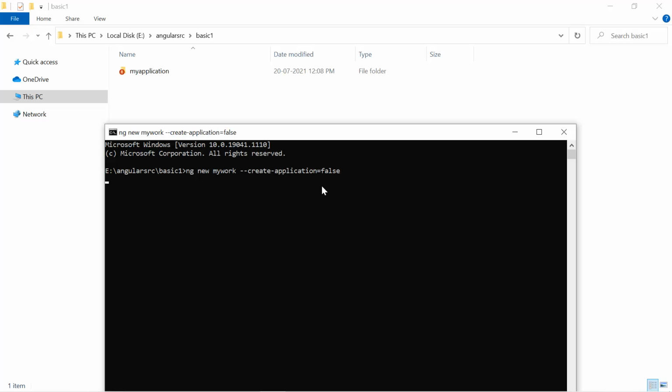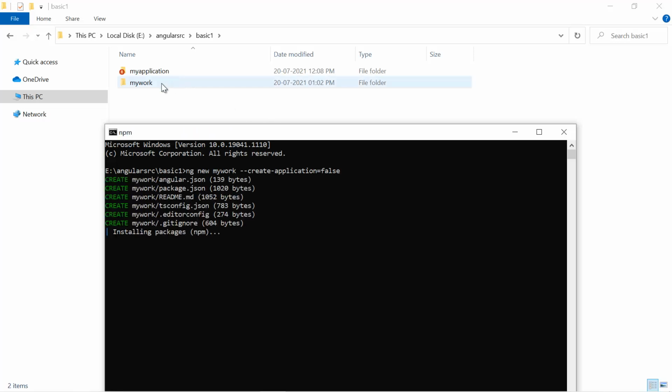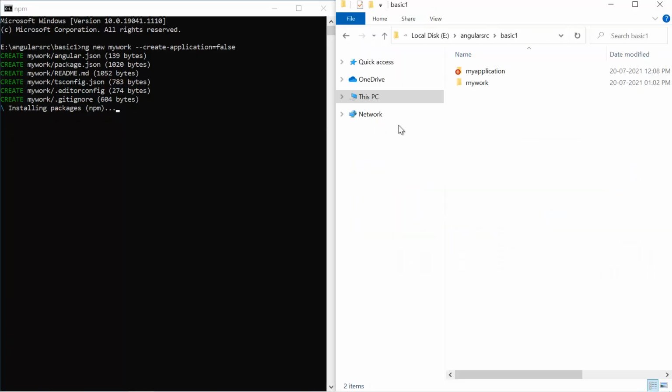Hit the enter button. Here in the file explorer you can see that we have a new folder with the name my work, and all these files, angular.json, package.json, readme, have been created for us. Let's organize all these windows like this, and let's open this my work.